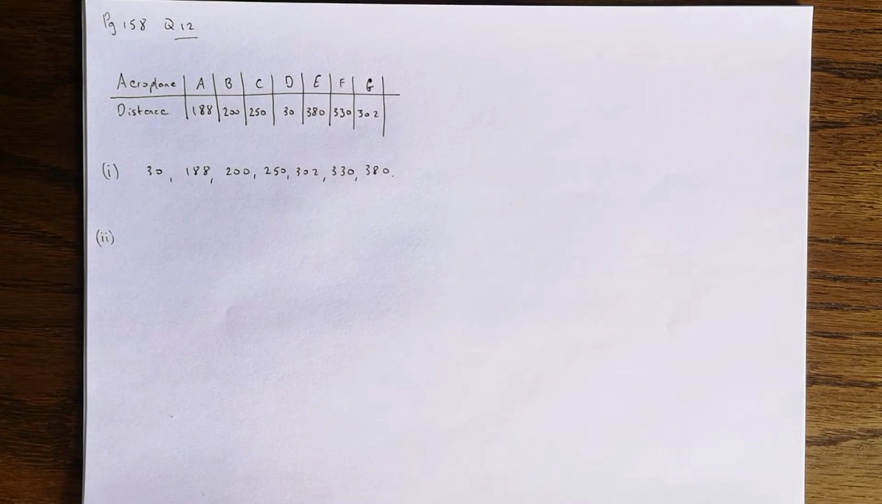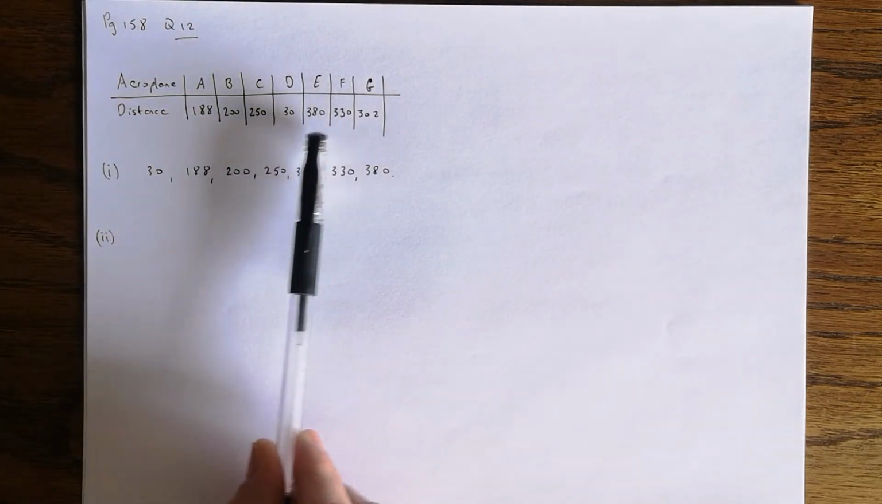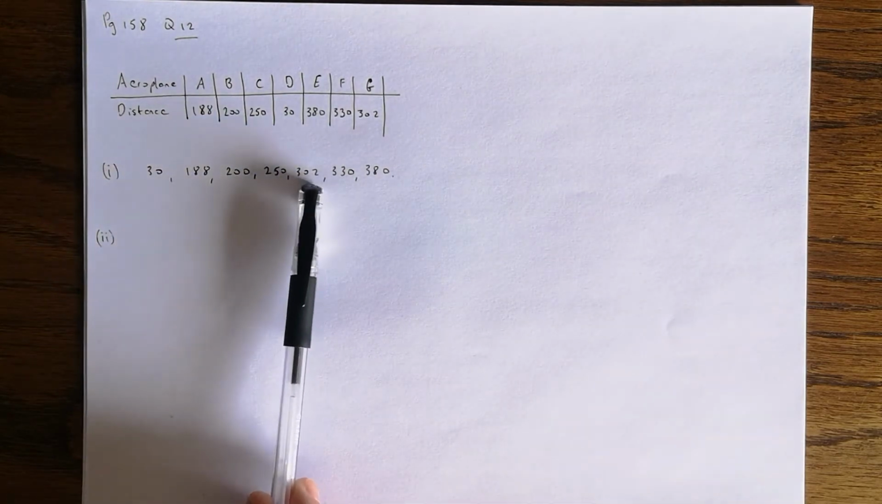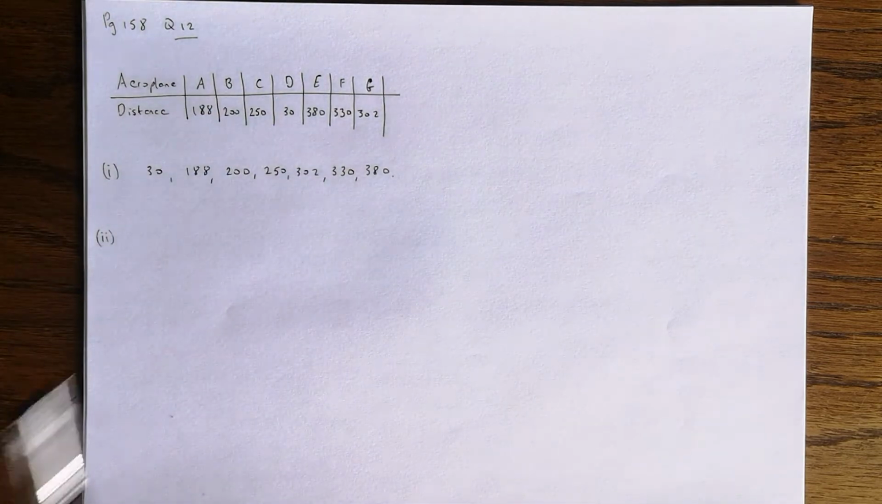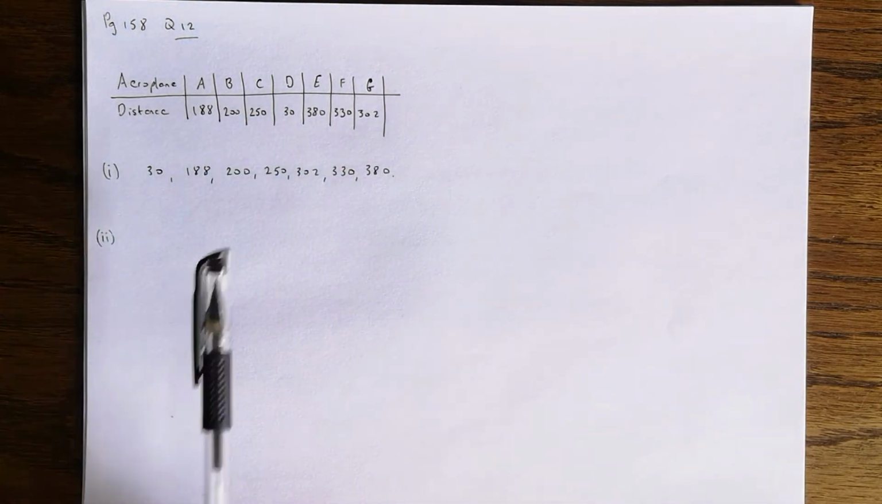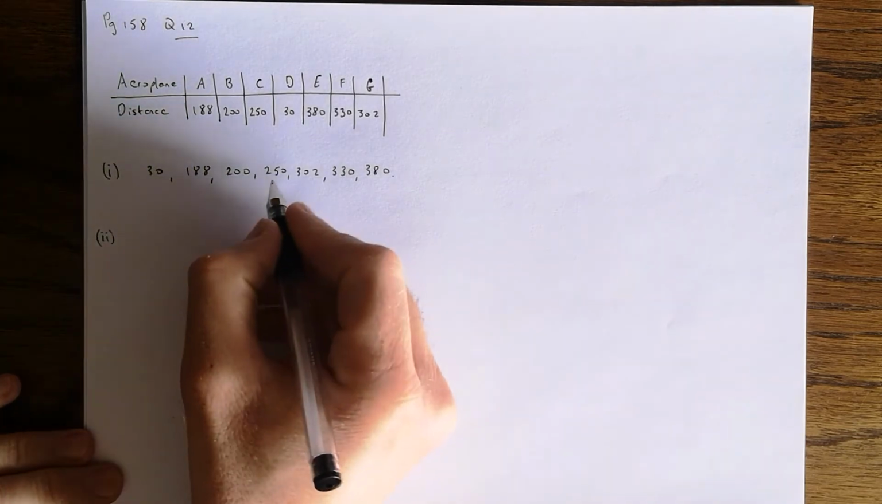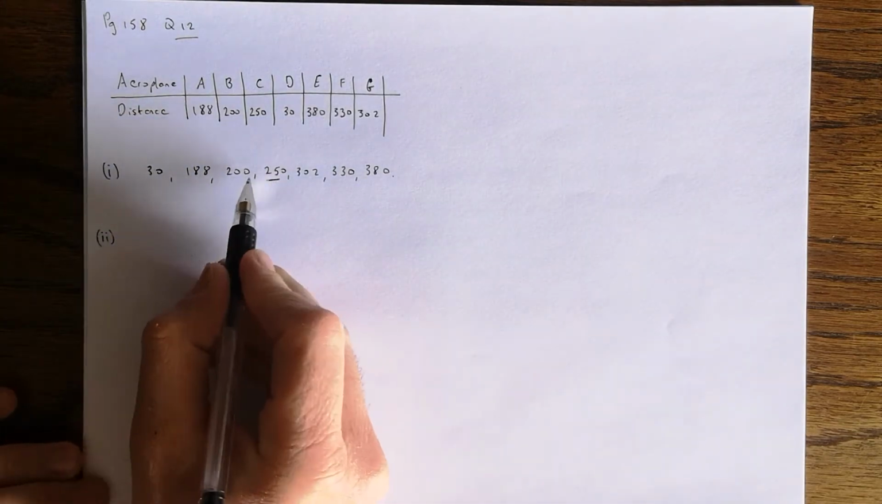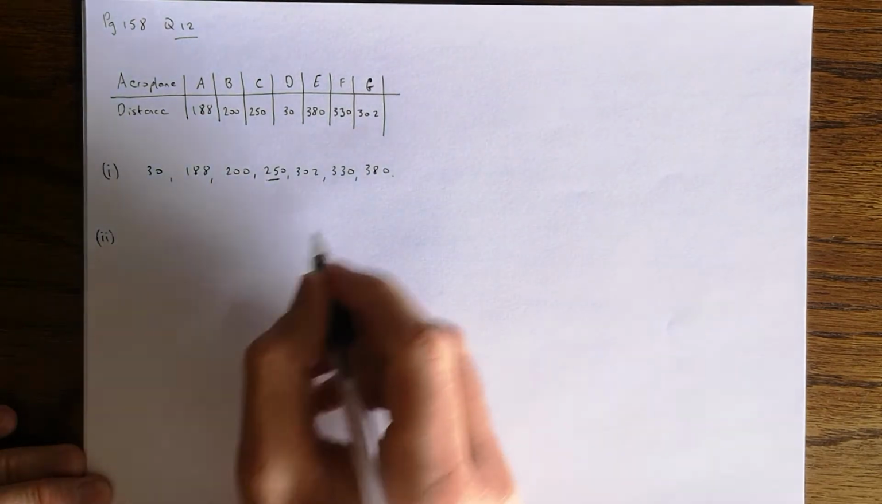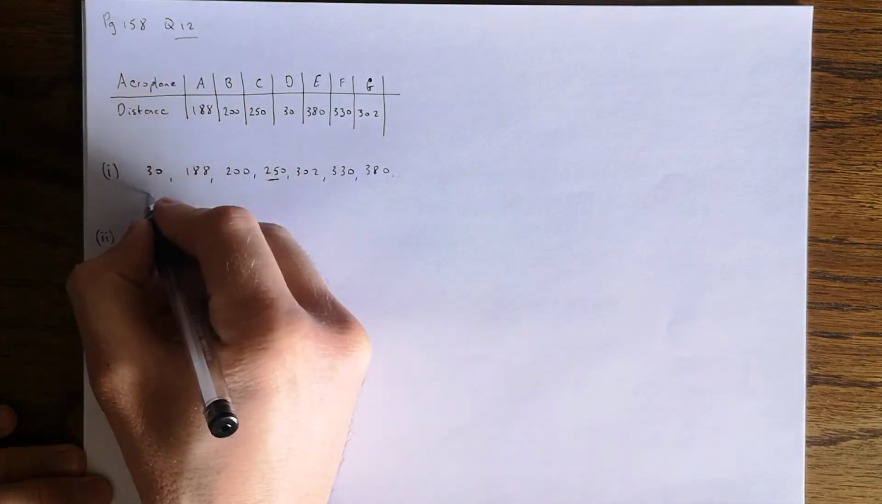So remember, the median is the middle number, but it's really important when you're finding the median that the numbers have to be listed in order from lowest to highest. So I had to write out these numbers again and put the smallest one first, which was 30, then 188, 200, 250, 302, 330, and 380. So there's 7 numbers there. The median will be the middle number, so 250 is the median. You can see there's 3 to this side of it and 3 to this side of it, so that has to be in the middle. So the median is